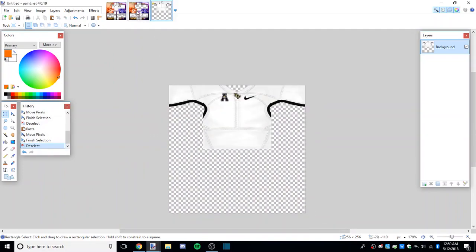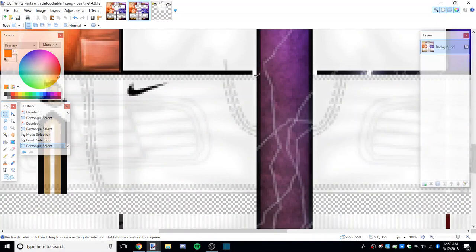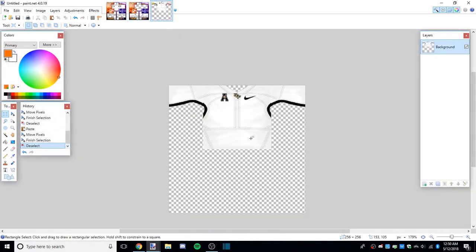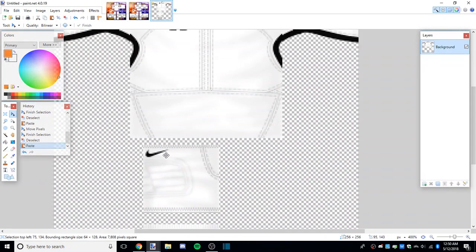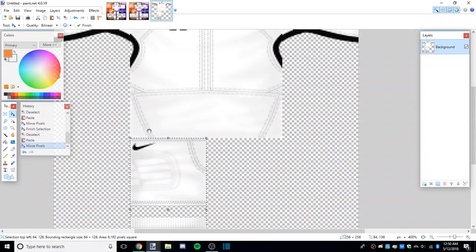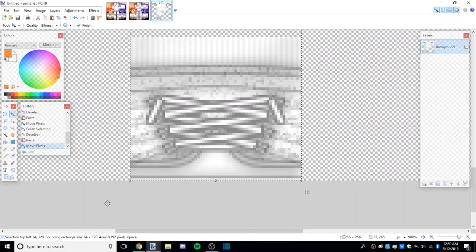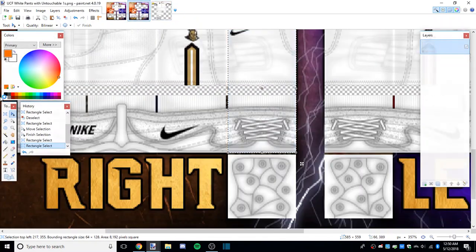Now we'll do the pants. Control-C from here, selecting the whole face. Control-V into the template. Make sure it's in line with the torso, because the legs are only connected to the torso and don't overlap over the bottom. Go back to the pants.